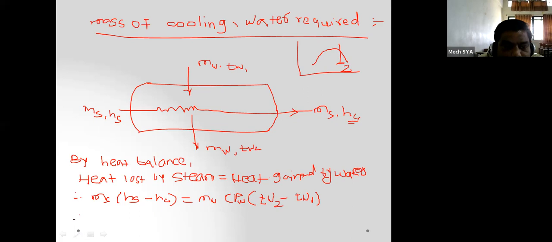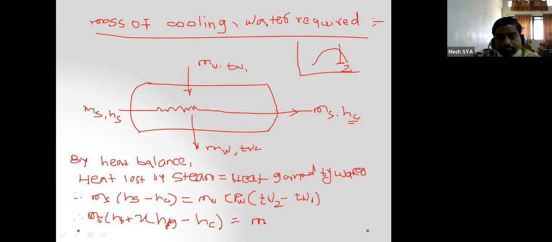So we can write this equation as ms into bracket Hf plus x into Hfg minus Hc is equal to